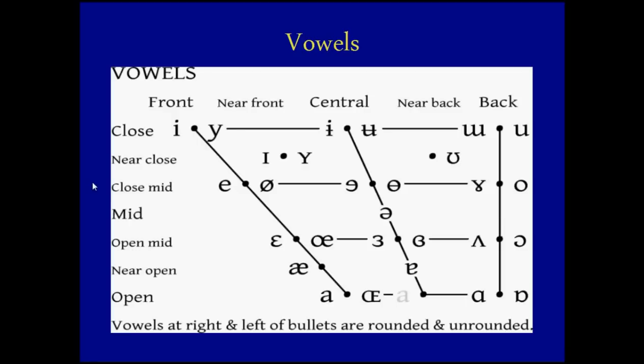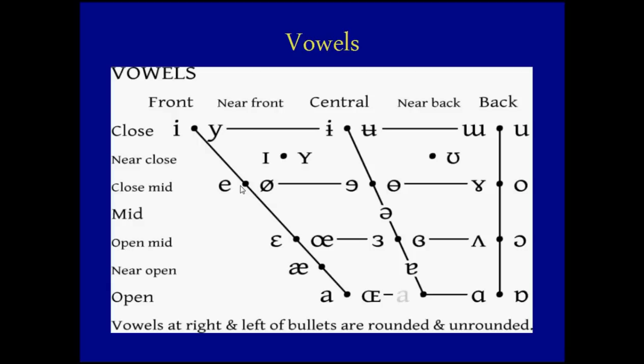Now, the other thing you may notice is that symbols on here are organized in pairs. For any given point, there's a certain symbol on the left and a certain symbol on the right. This has to do with something called rounding. On this chart, unrounded vowels are on the left and rounded vowels are on the right. Let me give you an example. That's the difference between a sound like a and a sound like